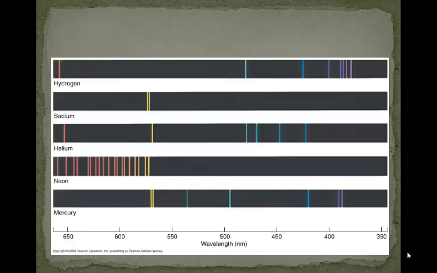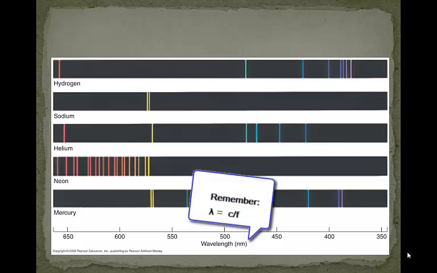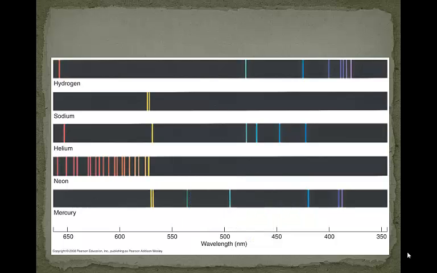So here we have a picture of an emission spectra for 5 different elements. And one thing to notice is that at the bottom you'll see your wavelength. And what's happening is as that wavelength is decreasing, you also see a difference in the color being emitted by the electrons. You also will notice that as your frequency is increasing, your wavelength is decreasing, and we can calculate that using our wave equation from the last podcast. We can use all of that to help us calculate the energy being released by that photon